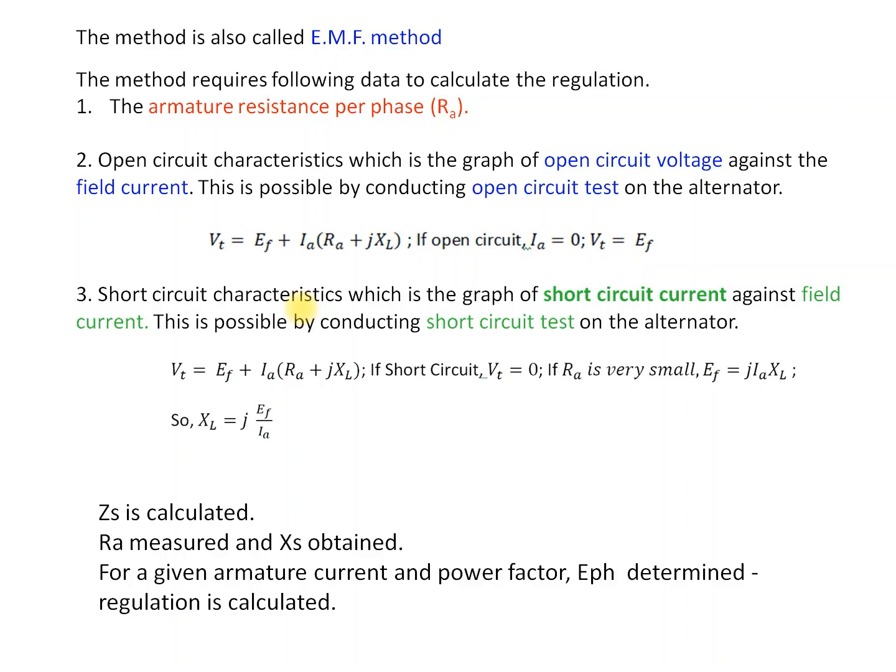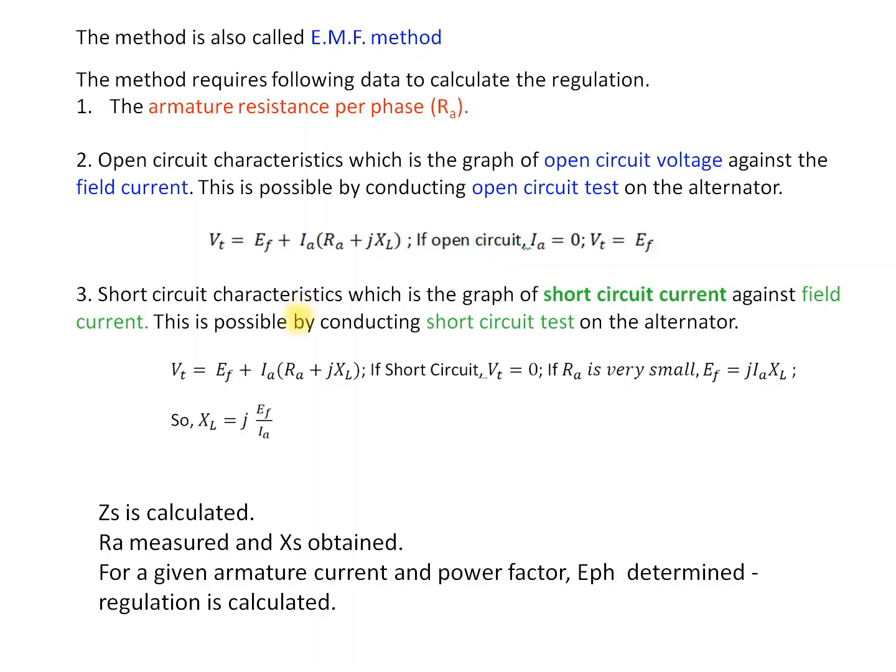Why do we find the synchronous impedance of the alternator? By finding the synchronous impedance, we will be calculating the amount of voltage drop due to the armature resistance and the armature leakage reactance, and in some manner it can include the armature reaction also. But this method will not take care of the armature reaction which is actually there in the machine. So this method has some disadvantages. We will be seeing them one by one.